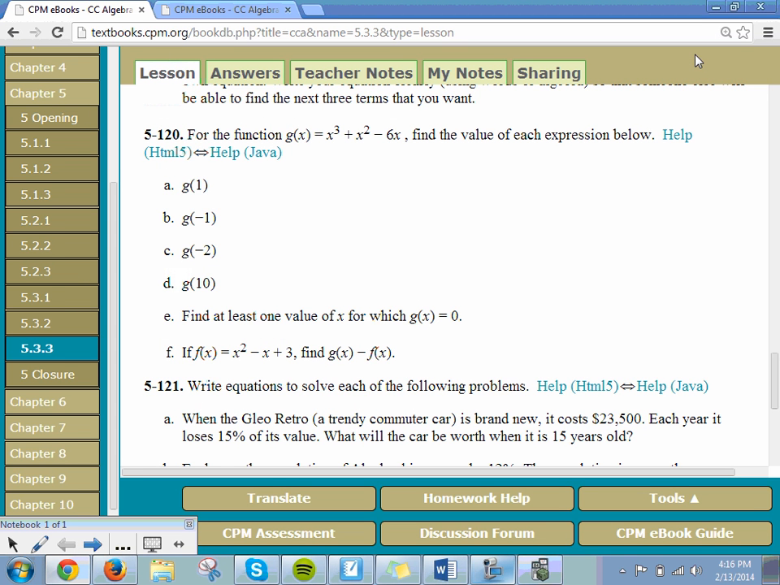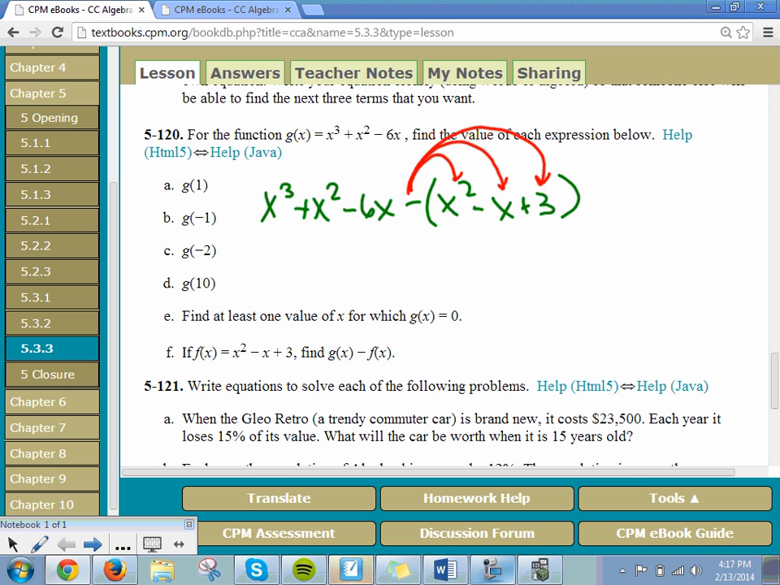And then in F, it says if f of x is equal to, and they give it to us, find g of x minus f of x. So what we're going to do here is my g of x function was x to the third plus x squared minus 6x, and they want me to subtract my f of x function. I'm going to put this all in parentheses. They tell me that f of x is equal to x squared minus x plus 3. What I'm going to do now is I'm going to take and distribute this negative into everything inside the parentheses and rewrite it. So x to the third plus x squared minus 6x minus x squared plus x minus 3,